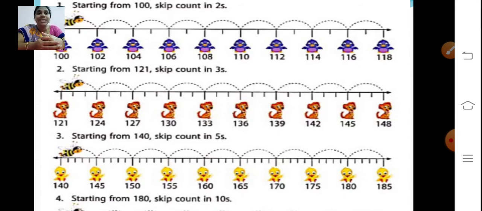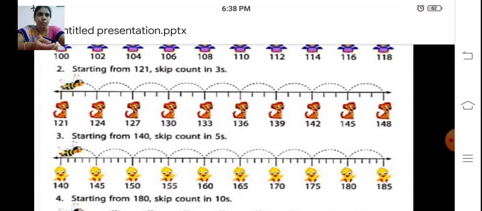How will it happen? Just see. Our fixed number is 2, so we are going to skip count in 2s. And what number are we going to start from? 100. So now start from number 100. We are going to skip 2 places, right? So I'm going to jump 2 places.